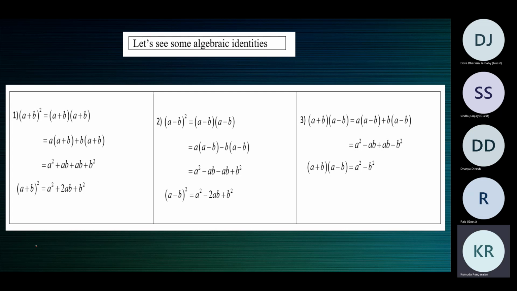Okay. So when will we use these algebraic identities? Algebraic identities are used to find the product as well as to factorize. Now, I don't think this is the right time to explain the difference between the two. Let's get started with the exercise, and when the time comes, I'll let you know what the difference is. So just remember theoretically that algebraic identities are used to multiply, to find the product, and also to factorize.